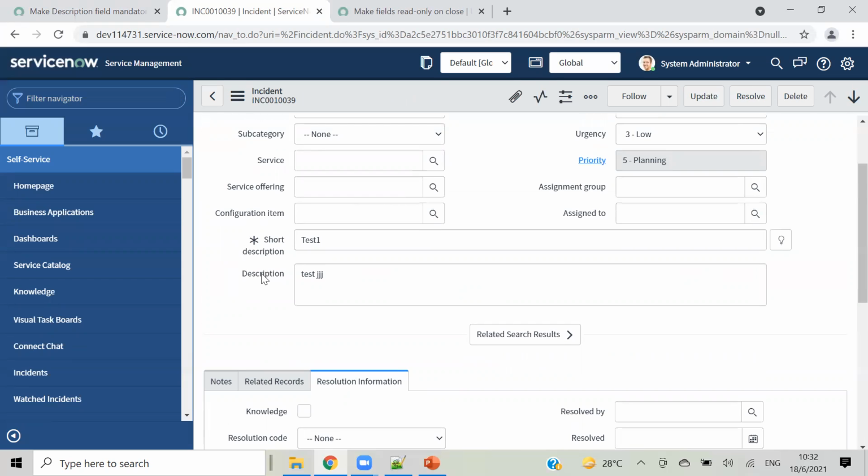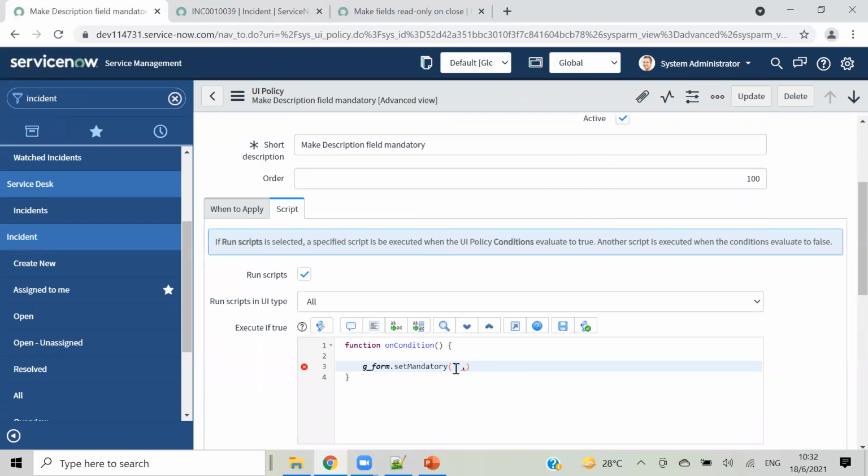So I will go to description, left click on that, and you can see that field's name. Field label is a capital D Description, but its value at the back side, its field name, is small description. Okay, so I am taking that description.